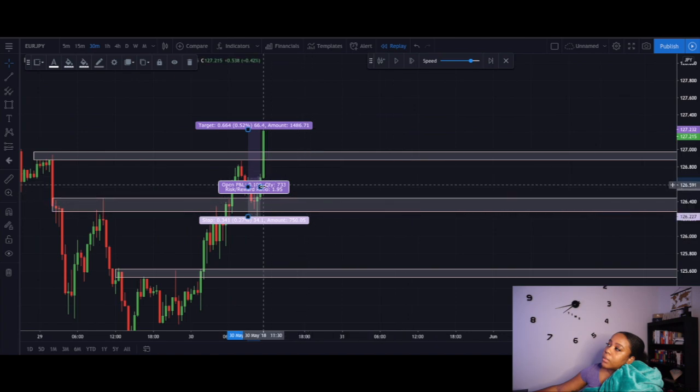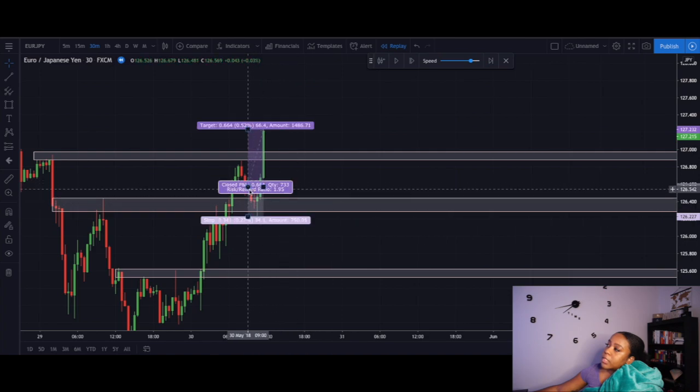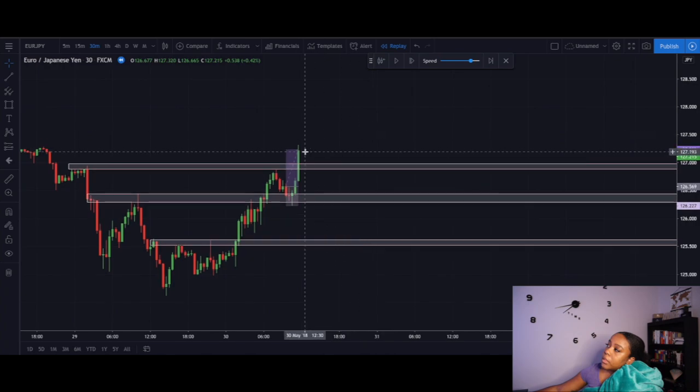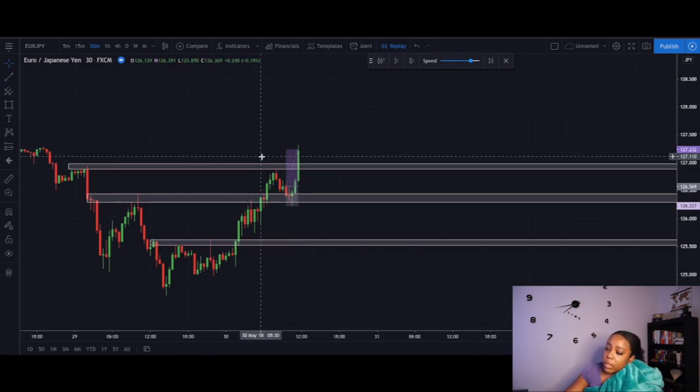The exact time, how long was that? Technically I would have gotten in at 9:30 because I saw that candle form. Gotten in at 9:30, was out by 11:30. So 2-hour trade. And then what I would do is I would map that out as a win in my